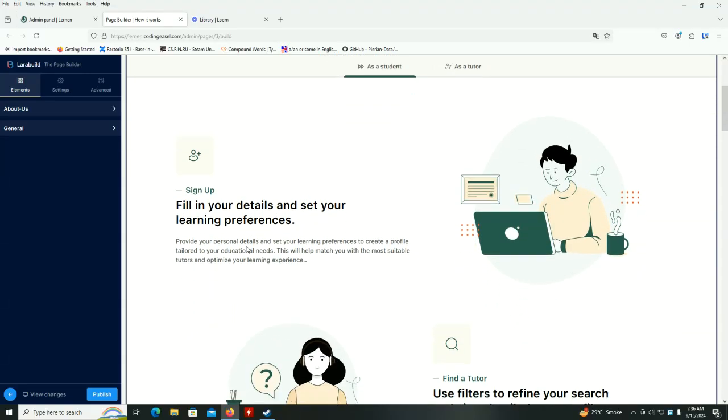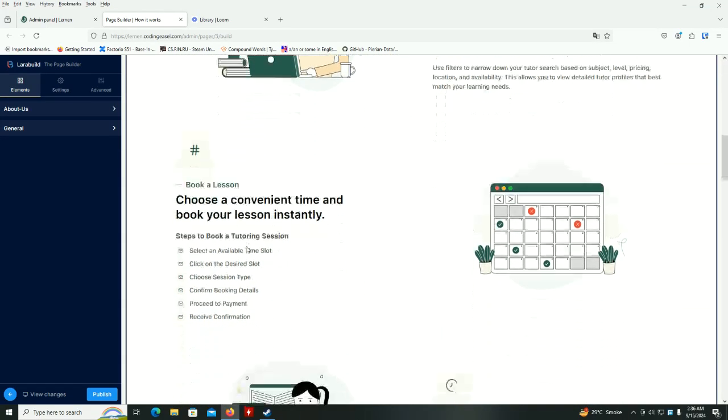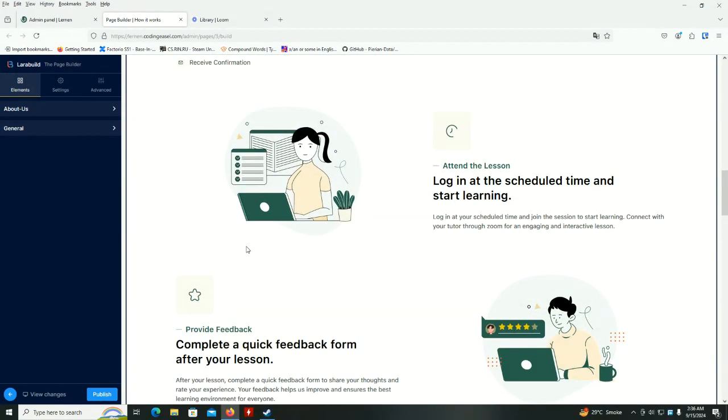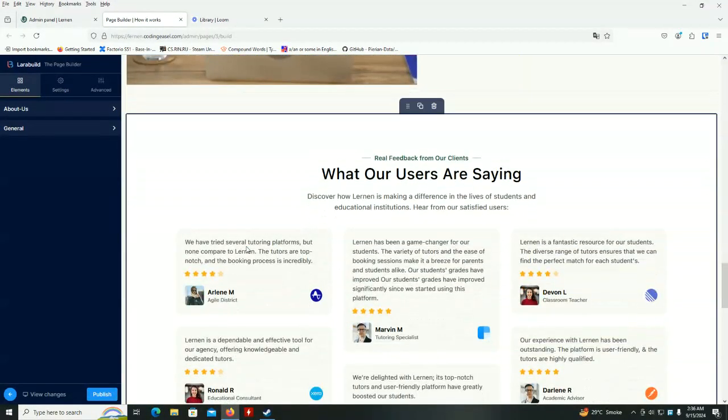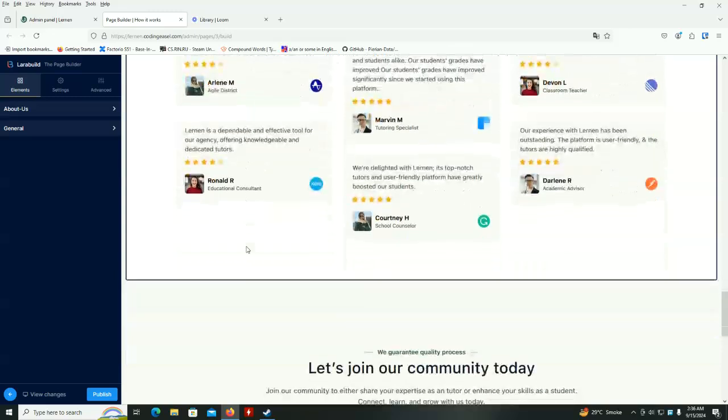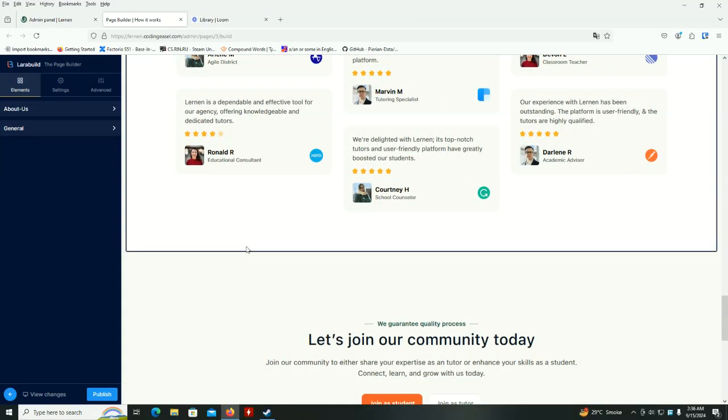Larabuild makes it easy to build visually appealing pages with minimal effort. You can add text, images, videos, buttons, and more by simply dragging them onto the page. Each change is instantly reflected in the live preview, so you can always know how your page will look to